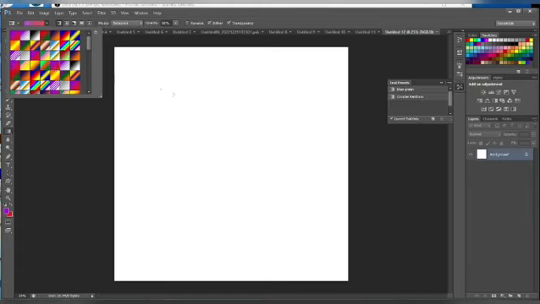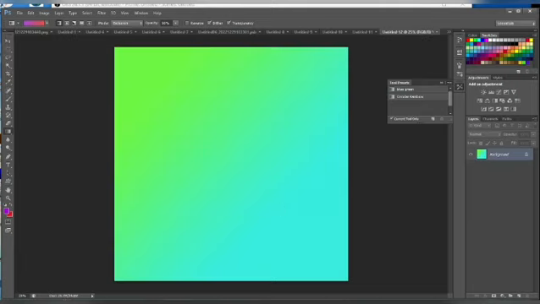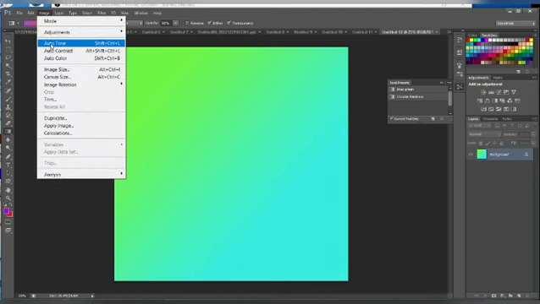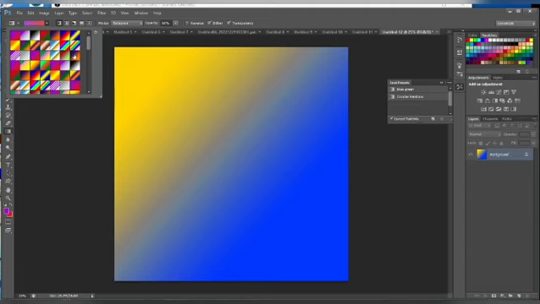Now I have these gradients that I made in Photoshop. You can very well use the default ones, or you can join the Global Creative Club membership to use these gradients. Now I'm going to be using an auto tone option to increase the tonality of these designs